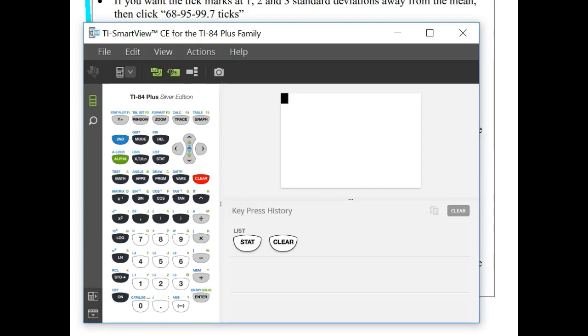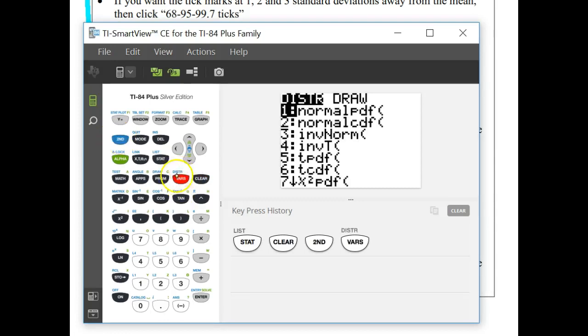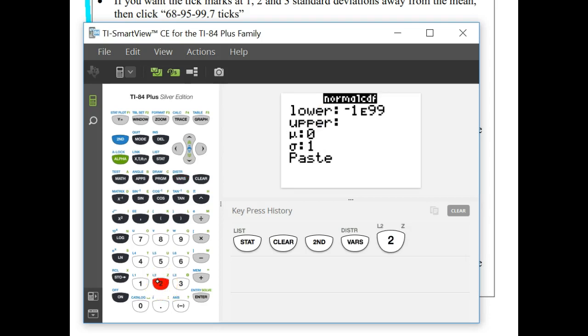So on the calculator, if we hit second and then variables, because above that is distribution in the same color as our second key, it opens up this distribution menu. And of those choices, we want normal CDF, so we would push button 2. My calculator, you can see, has the newer updated operating system. So in here, I'm going to enter the numbers shown on your textbook page. We're going to enter in 10, and then for the upper, 20.